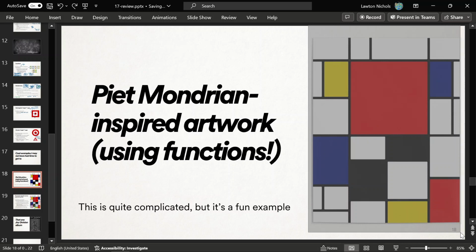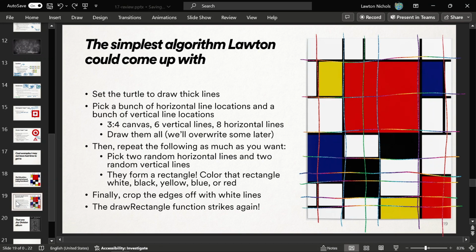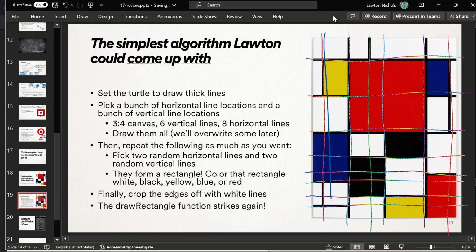So I made a program that draws pictures that look like this. And once you break it down, it's not horrible. Like, here's the idea. Here's the setup. Here's the algorithm to make this. What I did is I made, first of all, I told the turtle to draw a bunch of thick lines. I'm going to draw a bunch of lines everywhere because those will be outside of everything. And then I'll tell the turtle to draw 6 random,